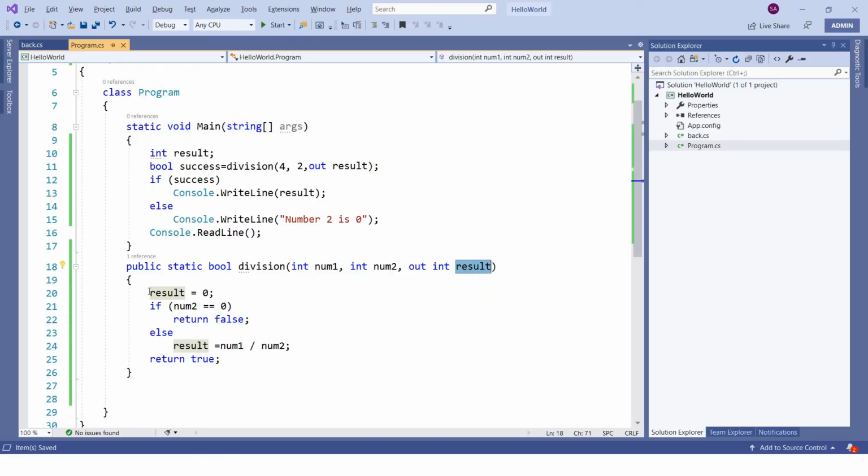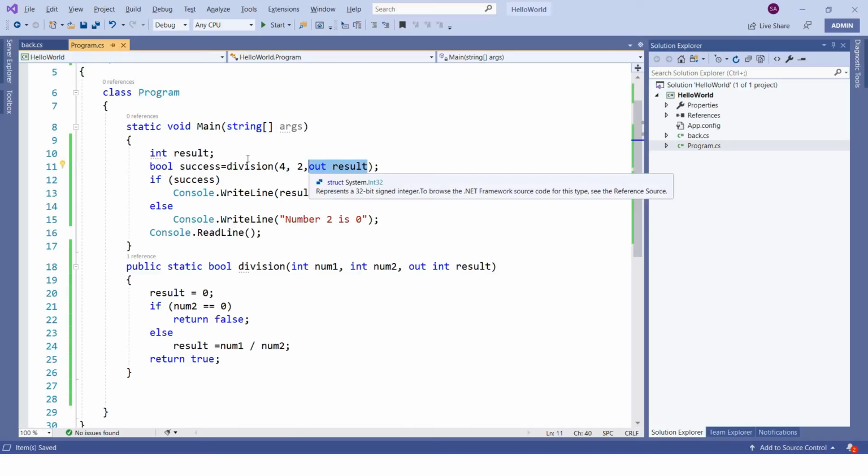The second thing is that if you are using an out parameter, you have to make sure that you initialize some value to that particular variable. That is the second difference when you are using out. And at the time of calling this function, you have to explicitly state that you are sending this parameter as out.